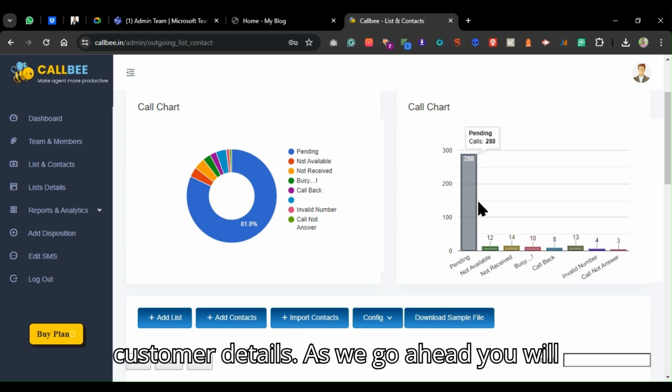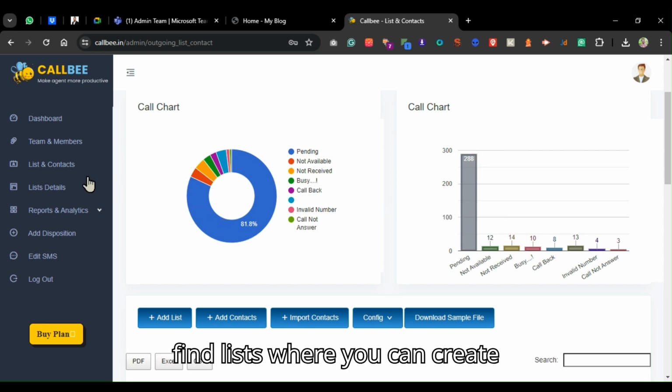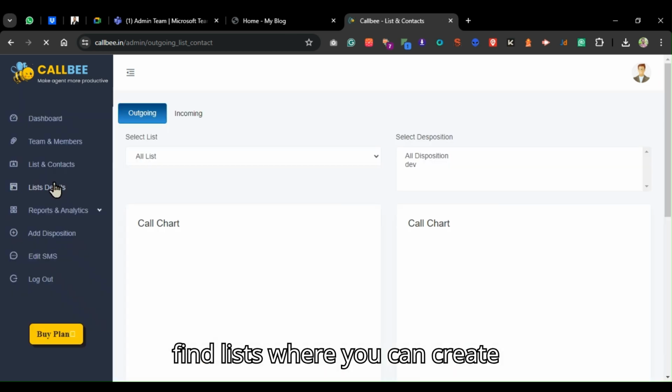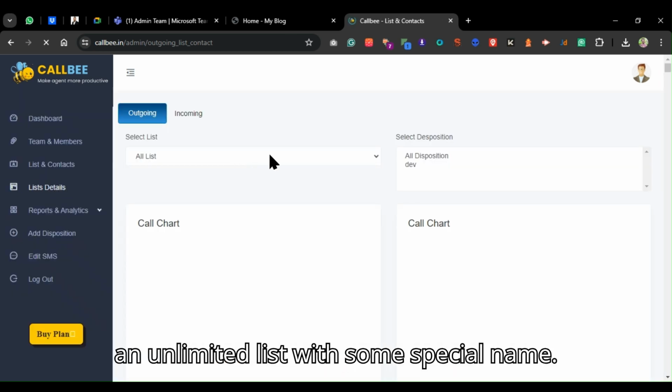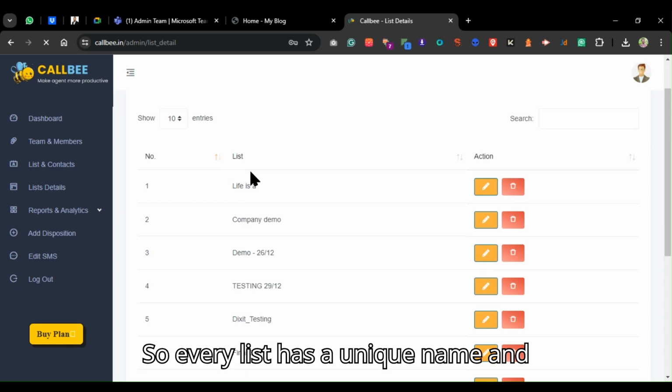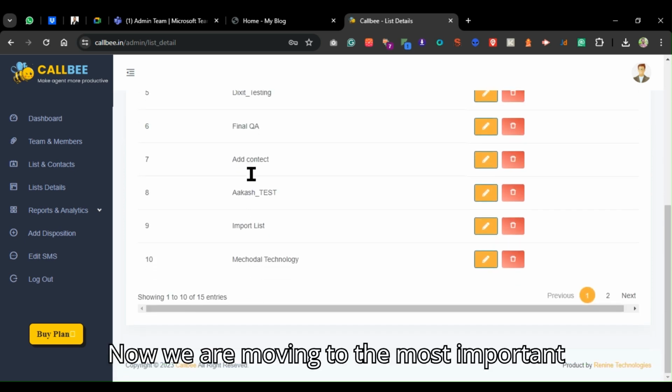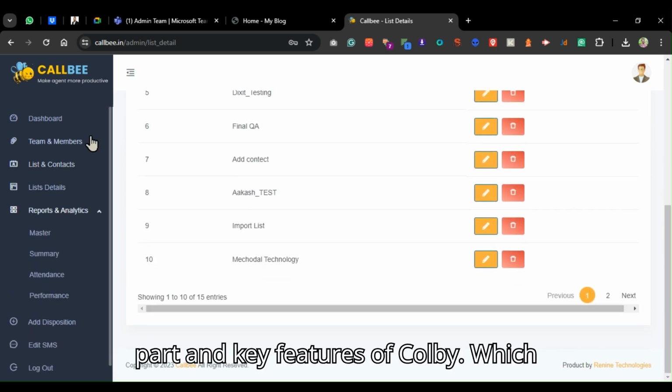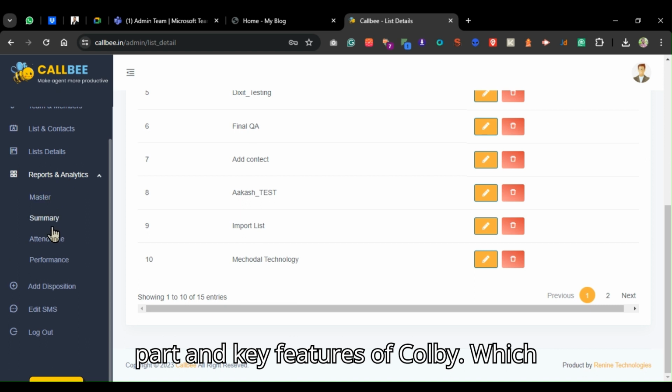your customer details. As we go ahead, you will find lists, where you can create unlimited lists with special names. So every list has a unique name and different contact information under it. Now we are moving to the most important part and key features of CallBee, which help you to get in